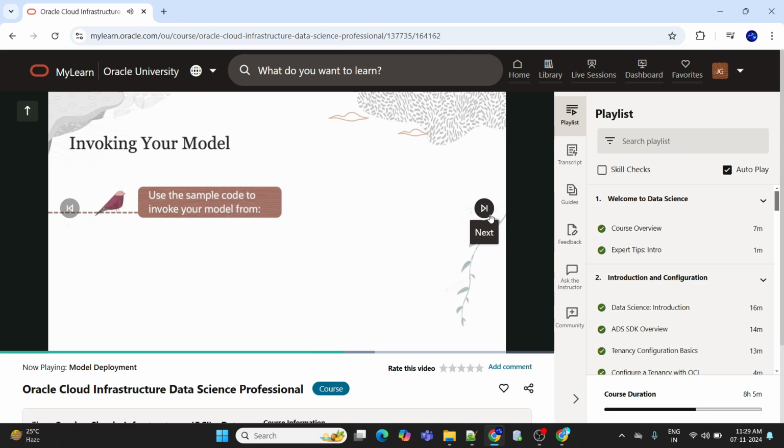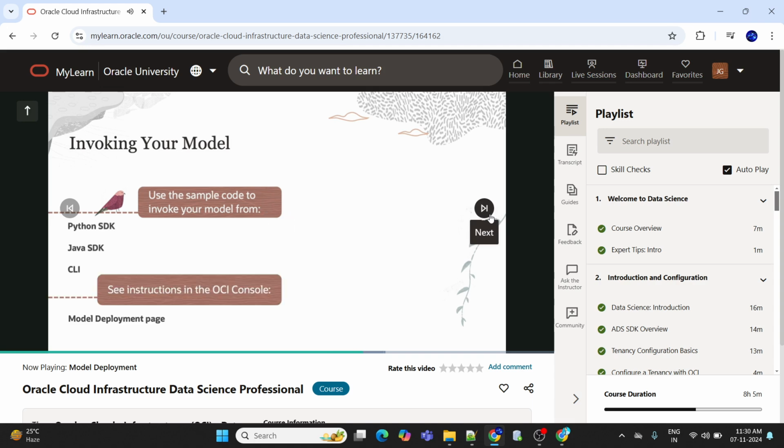You can use the sample code from the model deployment detail, which enables you to invoke the model endpoint using the OCI CLI. Alternatively, you could also use the OCI Python SDK or the Java SDK. You can invoke the model using these two with the detailed instructions in the OCI console itself on the model deployment page. This example here invokes a model